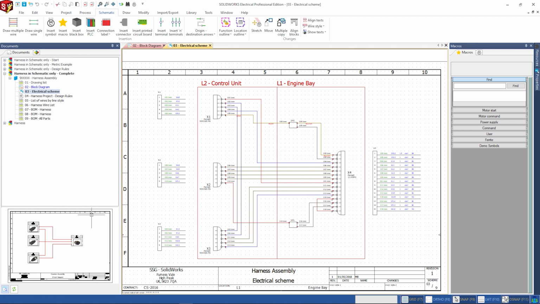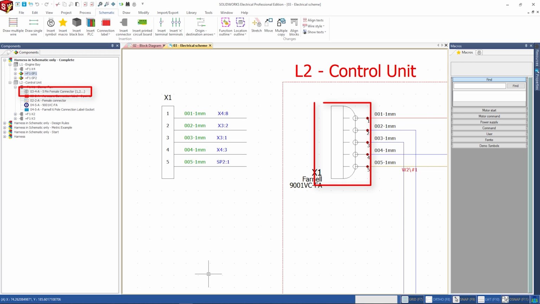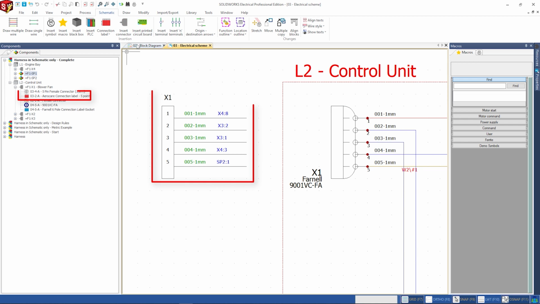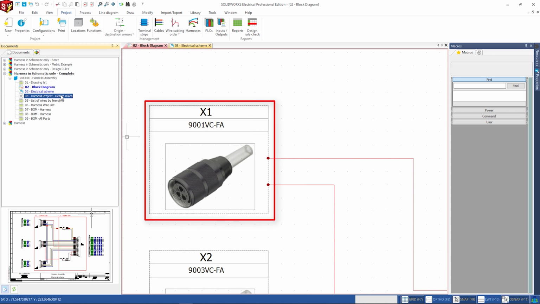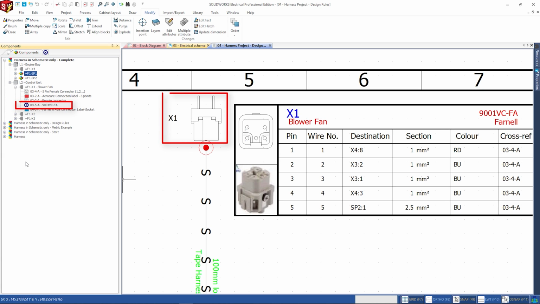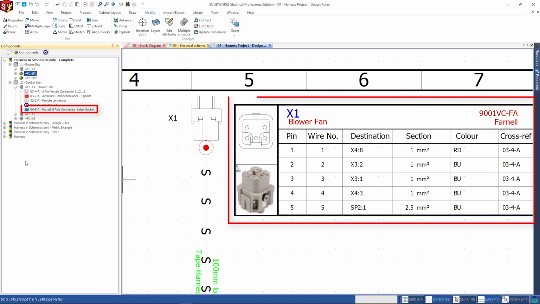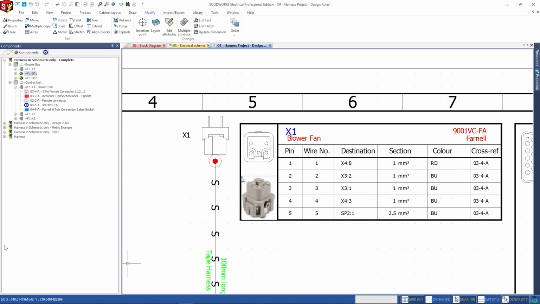The schematic drawing is used to show the wire and the pin information. The components can be represented by a schematic symbol, a connection label, a line diagram symbol, and on the cabinet layout can be represented by a 2D footprint and again by other connection labels. The connection labels help to complete the drawing automatically, adding further connection details such as origin destination component properties and wire properties.